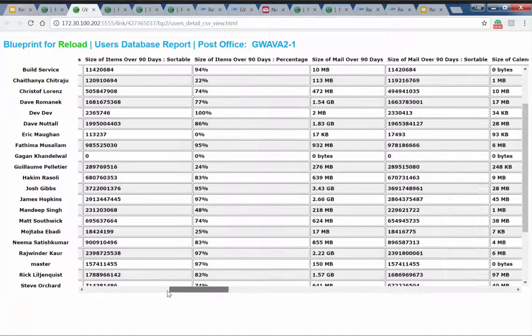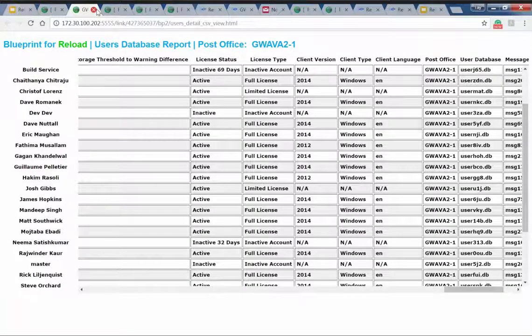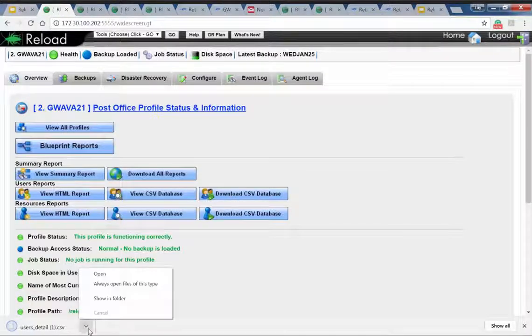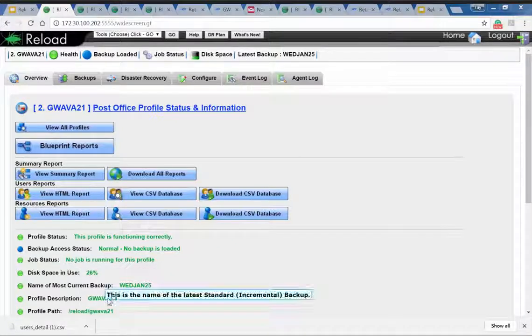I'll give you another example. In fact, this is better illustrated if we do this inside of a 32-bit piece of software. So what I'm going to do is download this CSV file. Okay, I'm going to show this in the folder. Now I'm going to take this file and open it with my spreadsheet application. I've got to say here, yeah, it's comma separated, and that's sufficient. I'm going to say okay, and bink, that pulls into